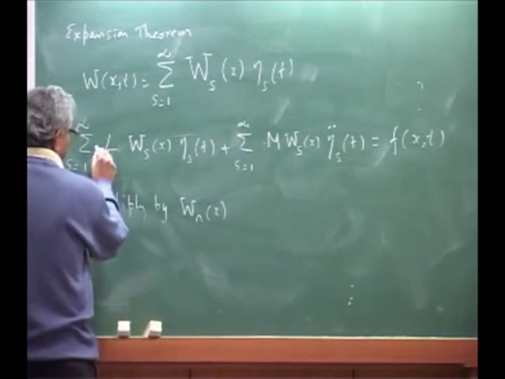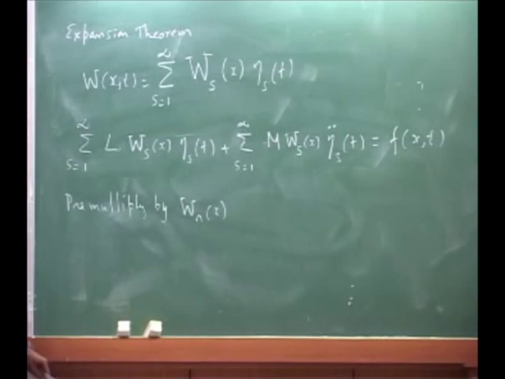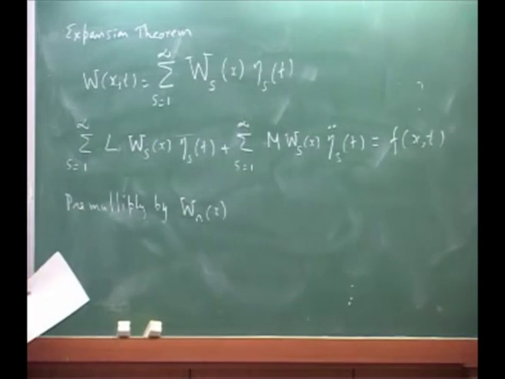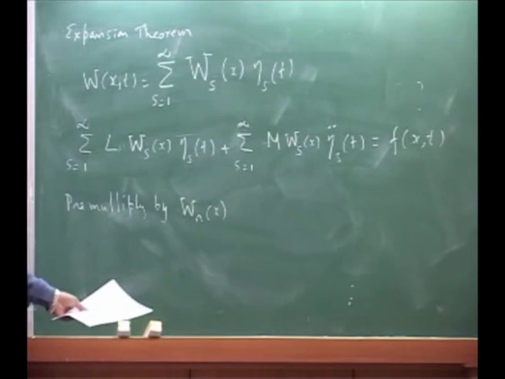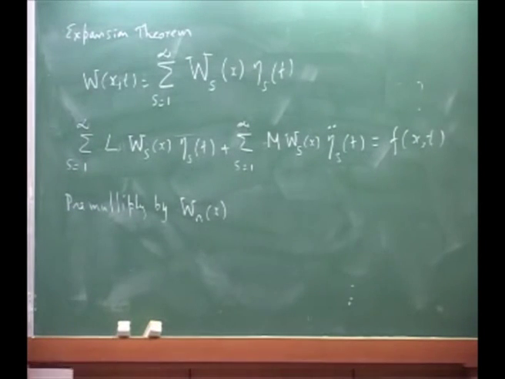You are putting WR here, WR here, WR there, and you are integrating over the domain, over the length of the wing or over the area of the wing. Because if it is 2D, you will have two dimensional. This is a single, that's why X along the length of the wing.